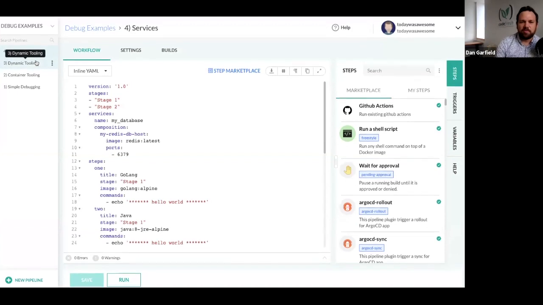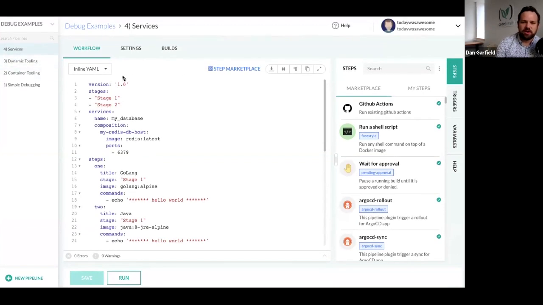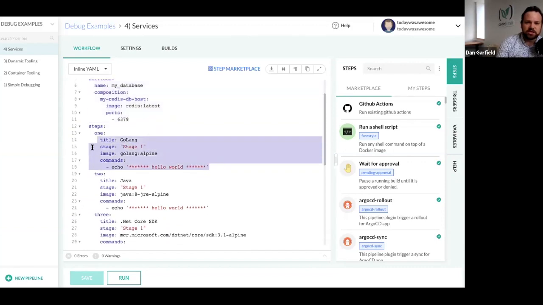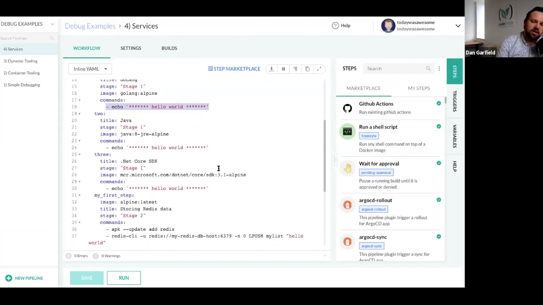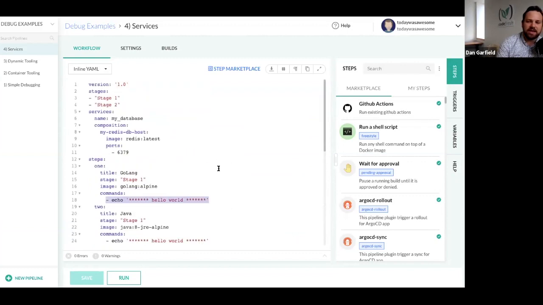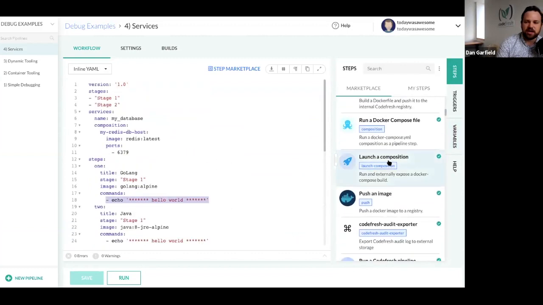I've got a pipeline pulled up here, and this is a debug example. The pipeline's called services, and it's got 2 stages, stage 1, stage 2. It runs a Redis instance, so I can access that from all my steps. And for each step, you can see that I've just defined an image and a command. Now, I'm not using any of these steps in this pipeline,